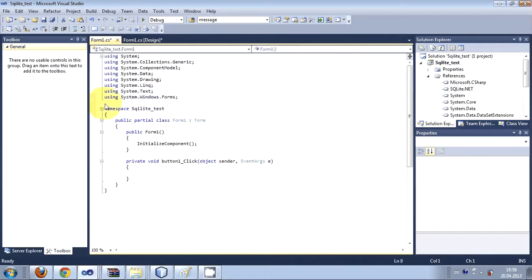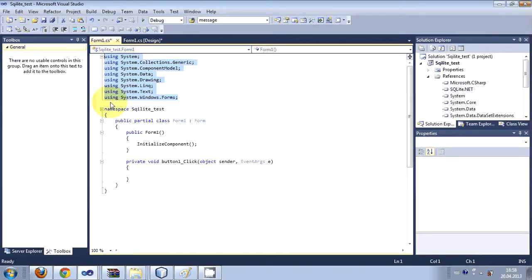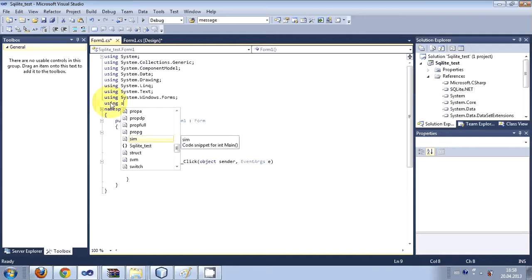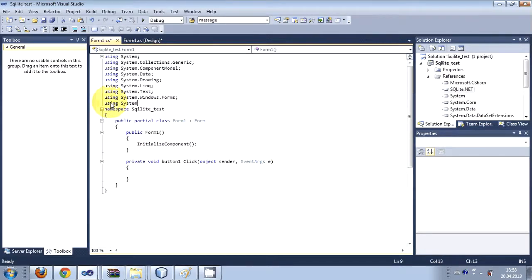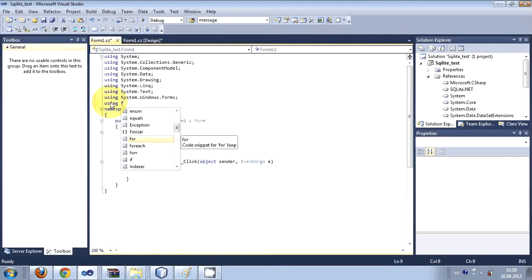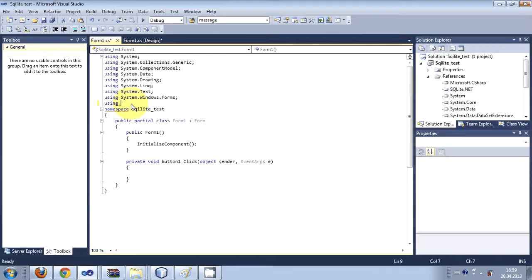Go to the top where all the using imports are, and write using, not System, but write Finisar.SQLite. Import this SQLite file, and now in the code section of your button click event,